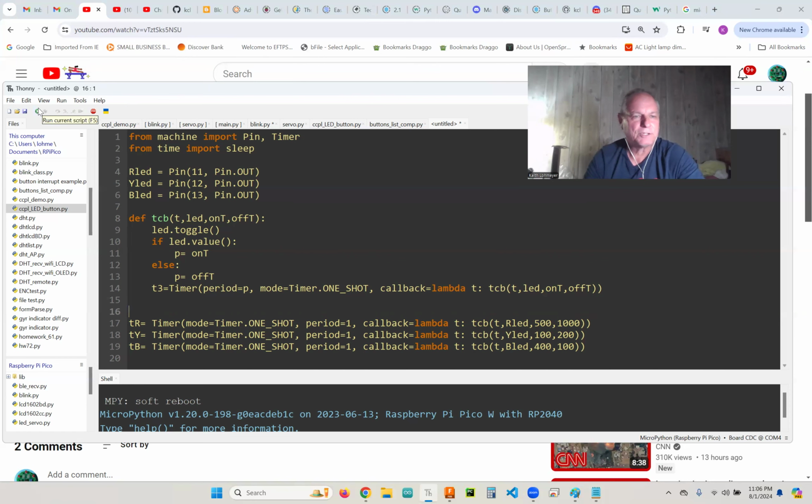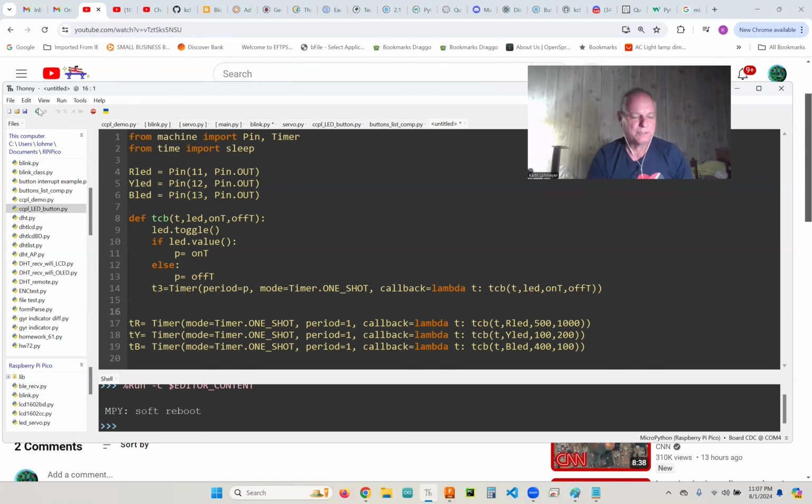So let's just get it running and I can show you a little bit. You can see that, oh, which way are they? There they go. The red LED is blinking kind of slow. The yellow LED is 100 milliseconds on and 200 milliseconds off. And the blue LED is 400 milliseconds on and just 100 milliseconds off. So you can see I got them all three running,